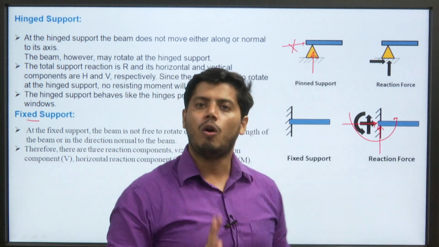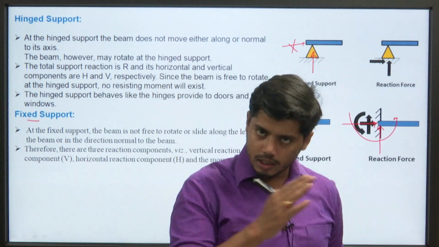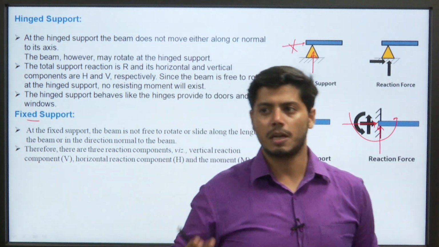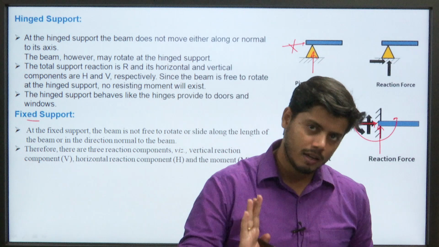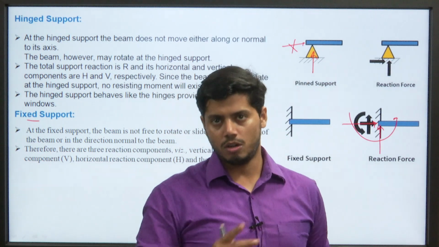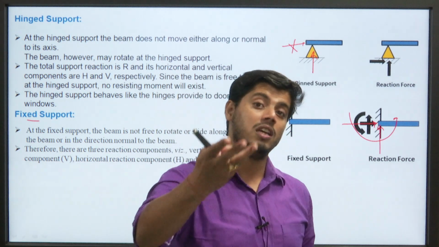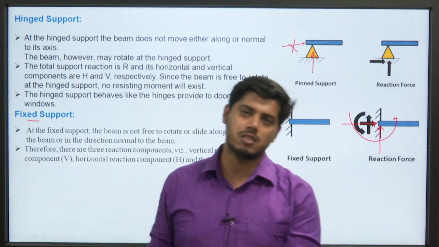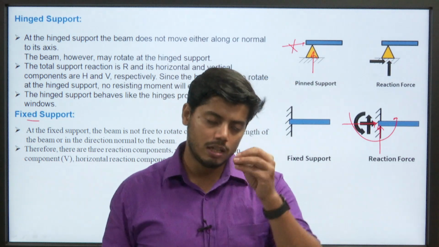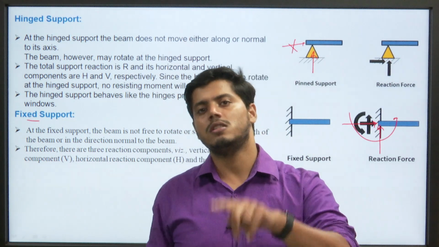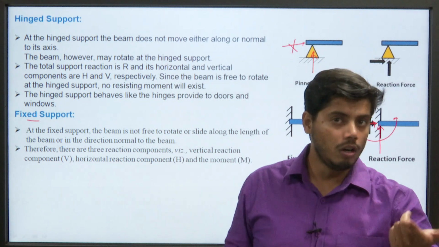Okay. So we have discussed that the first type of support is simple support. In simple support, the beam can only resist along the normal to the axis of the beam. It can freely slide along the axis of the beam. The next type of support is the same as simple support, that is roller support. We can only apply vertical reaction, normal to the axis of the beam, but we cannot apply reaction along the axis of the beam. The third type of support is hinge support. In hinge support, there is resistance along the normal and along the axis of the beam. The fourth type of support is fixed support. In fixed support, there is resistance along every movement: vertical movement, horizontal movement, and bending moment.